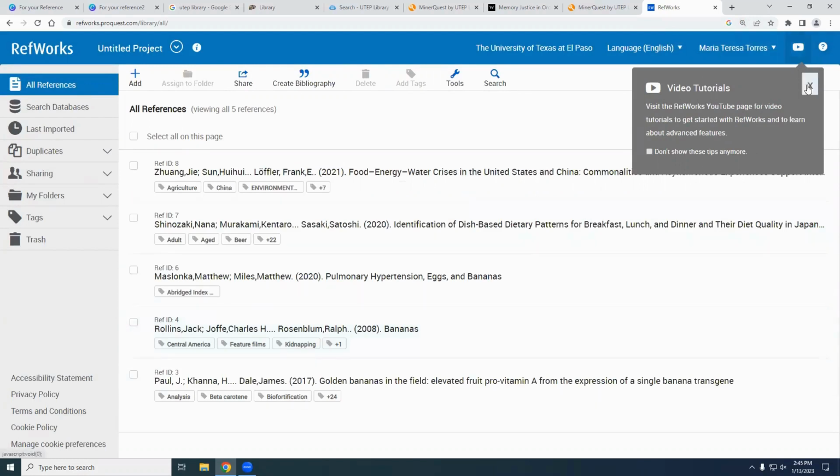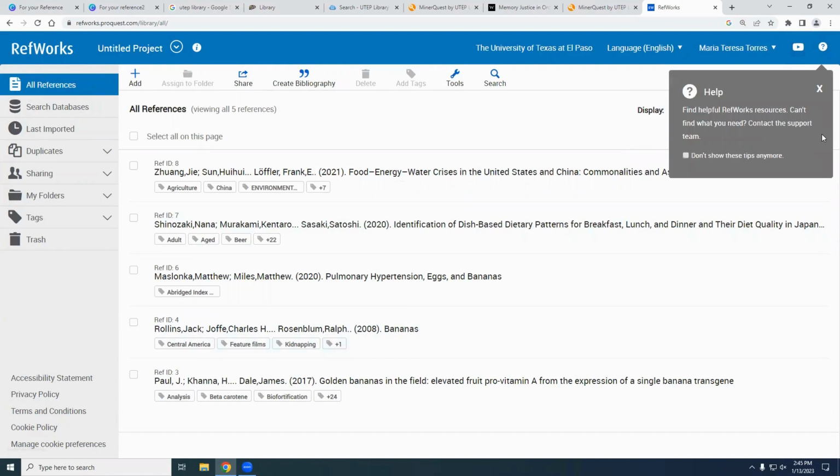Someone in the chat mentioned, I think it was Haley, that they've used Mendeley before, so they're familiar with a citation management tool. Thank you for bringing that up, Haley. There are a bunch of different citation management systems out there. Off the top of my head, I can think of Noodle Tools, EndNote, Mendeley, Zotero. Those are the ones I'm familiar with, and they all have different advantages and disadvantages.